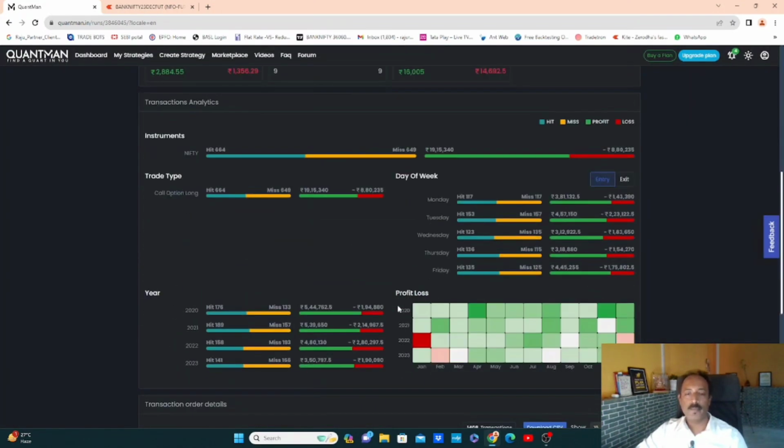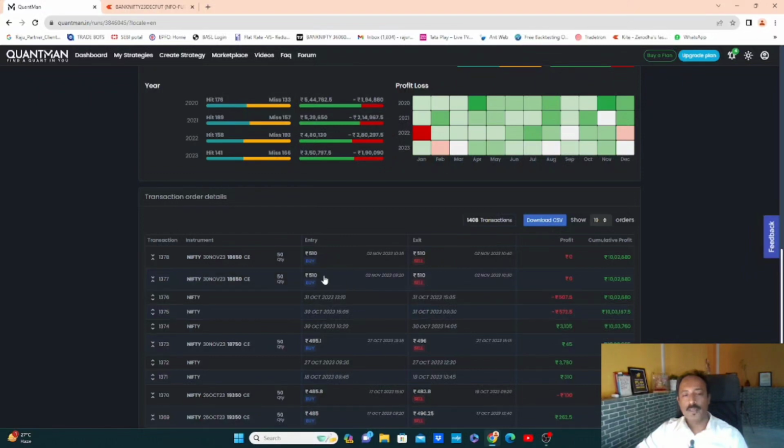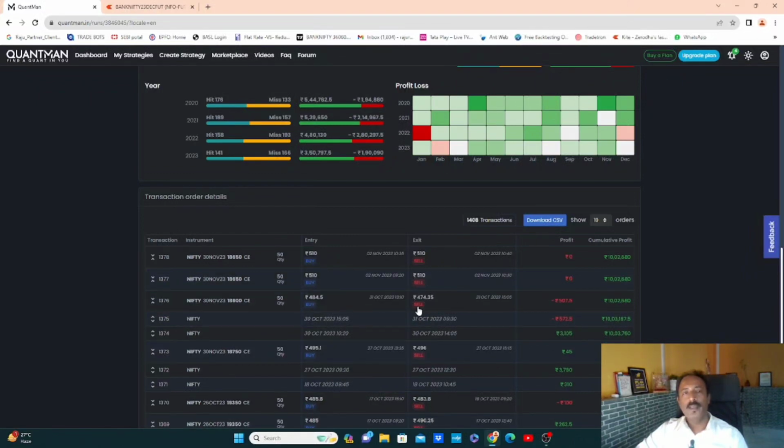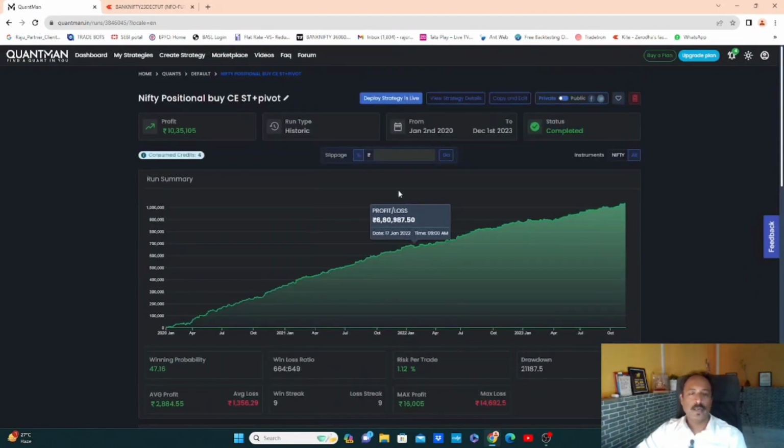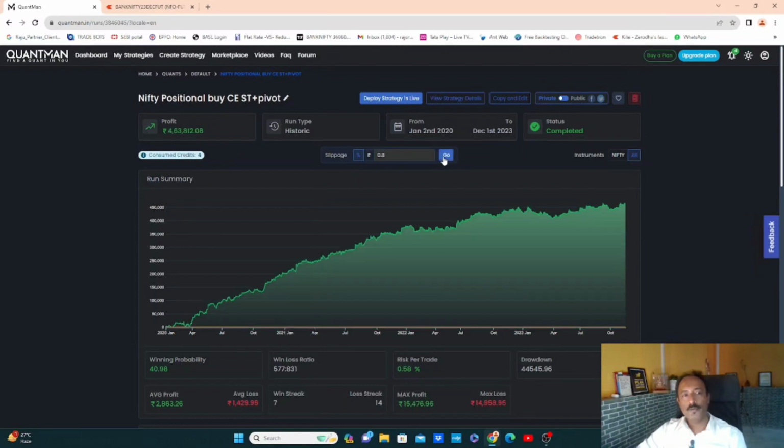There are slippages that happen in real trades. Slippage is nothing but, if you see here, some of the decimal points, right? Everyone may not get the same price, due to market price or multiple lots. You may miss 1 or 2 rupees, or 50 paisa, 30 paisa. Usually for a buying strategy, you can calculate up to 0.8% of slippages. I will show you how to control the slippages as well. If you add 0.8% slippages, see, all the profit came down to 4 lakhs.